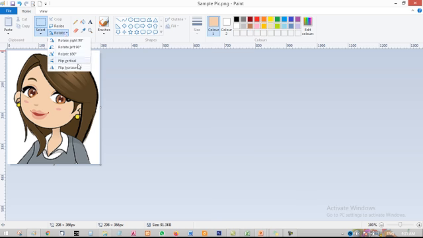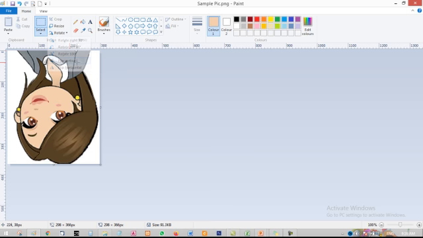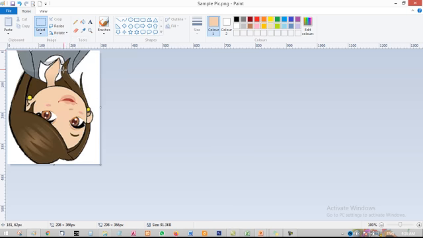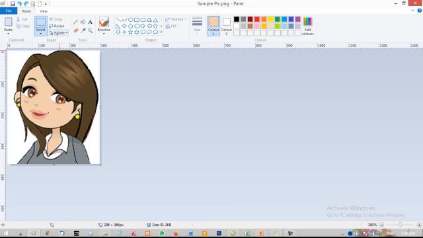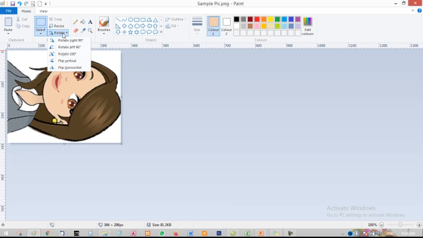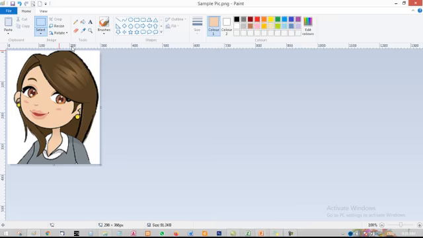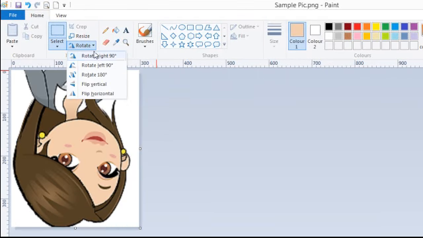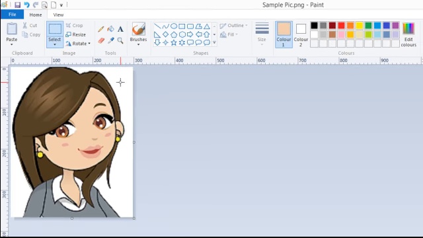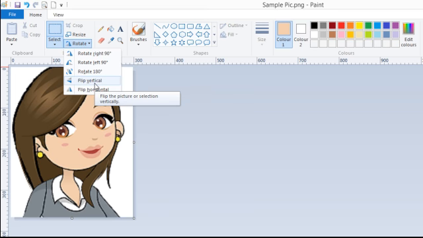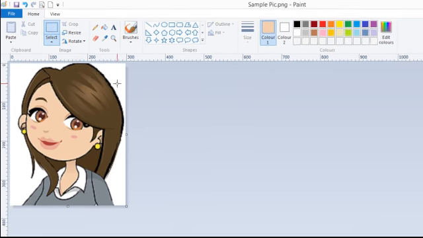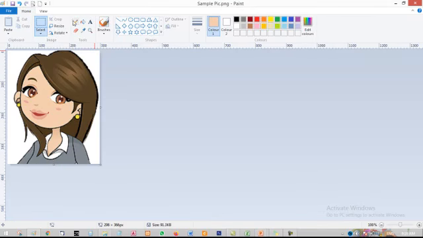Here you can see how to rotate, flip vertically or flip horizontally, and rotate right 90 degrees, rotate left 90 degrees. I will make my picture again into the original side. That means flip vertical and flip horizontal. Hope you all can understand the tools that I used, and you can use, children, here also the text